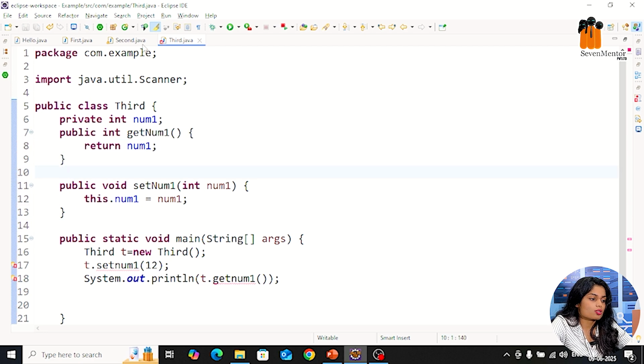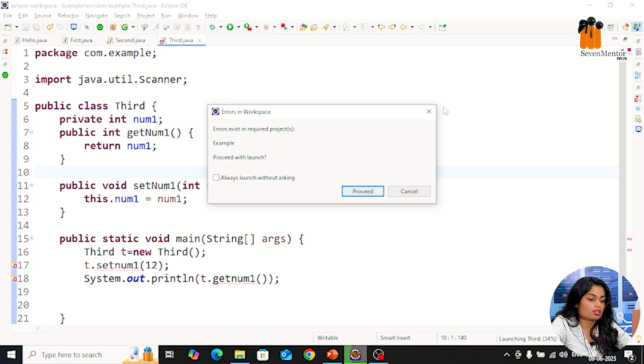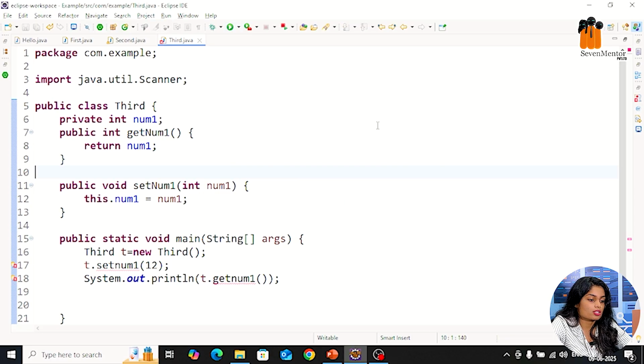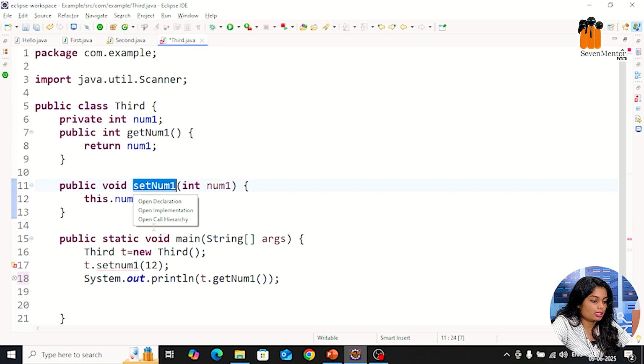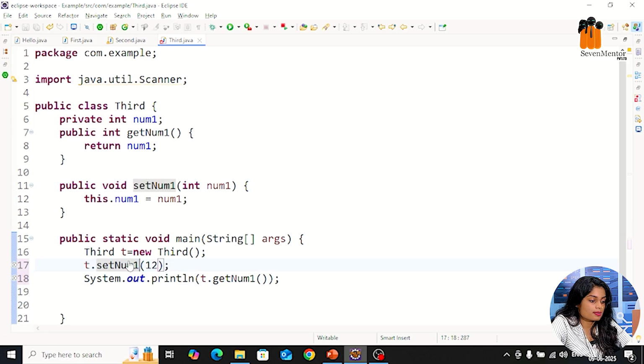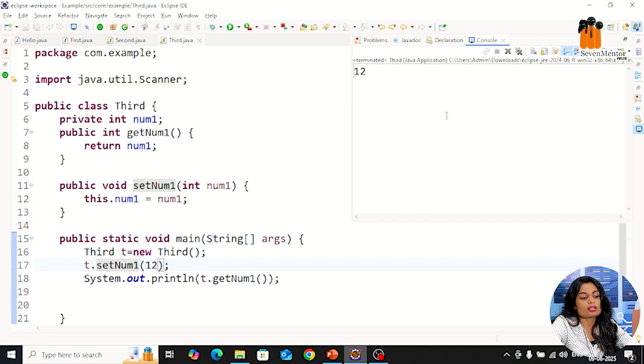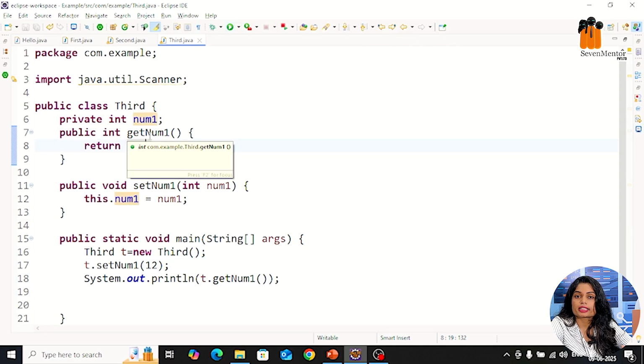Now in the same way you can just call this. Let me just rename this function call getNum1 and setNum1. So simply we will copy this getNum1 and, in the same way, setNum1. Those are the methods. Now we will simply save and run. You can see I am getting the same output again. So you can just generate the getter and setter from the Source menu, or you can just create the getter and setter methods on your own, and this is called encapsulation.